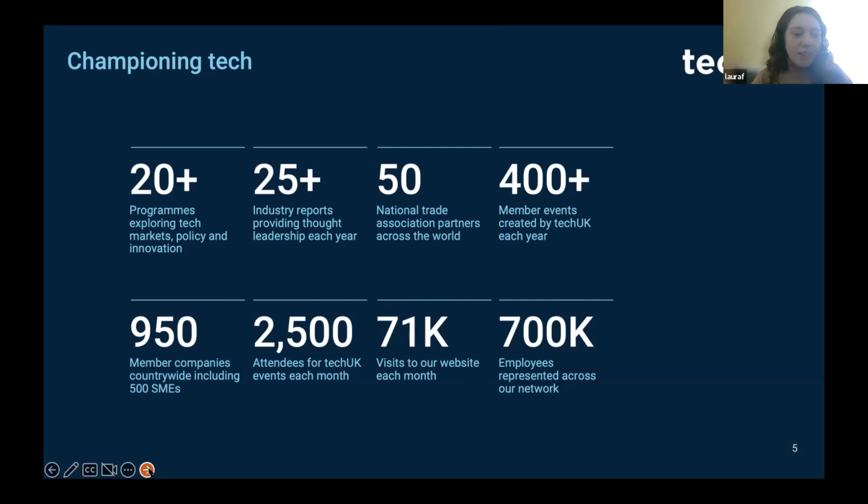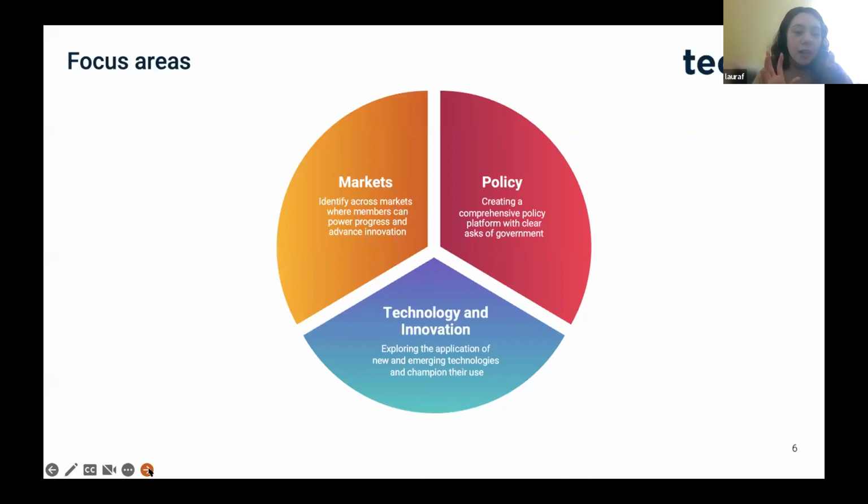Those numbers that you can see on screen showcase just how TechUK goes about engaging with the UK tech sector. So we always have numerous events taking place. Alison has spoken at many of these. We also do roundtables with our members. We publish thought leadership pieces, reports, white papers, and crucially, we also work very closely with key government stakeholders. Now, it says that there's 20 programs there, and these 20 programs can be fit into 3 core buckets. I'm not going to go through them for today, just for a matter of time. Happy to talk you through them if you would like more detail.